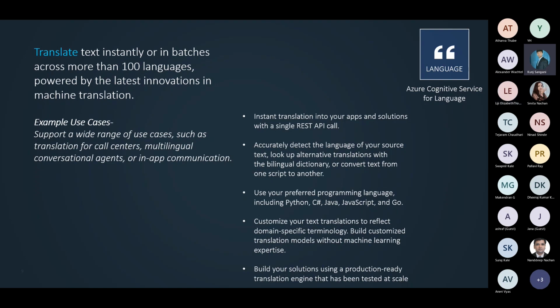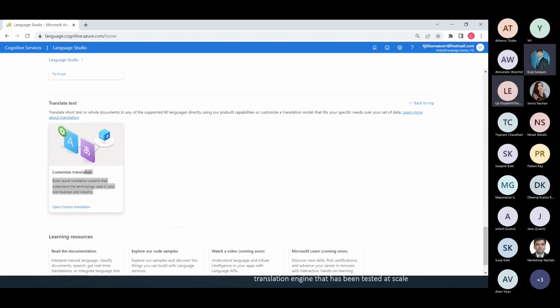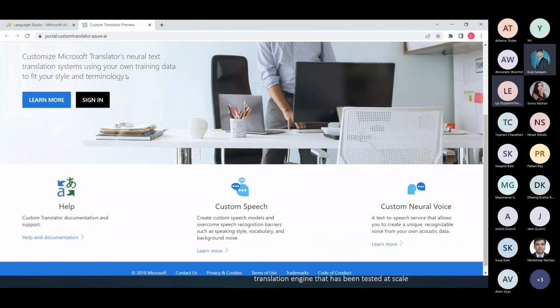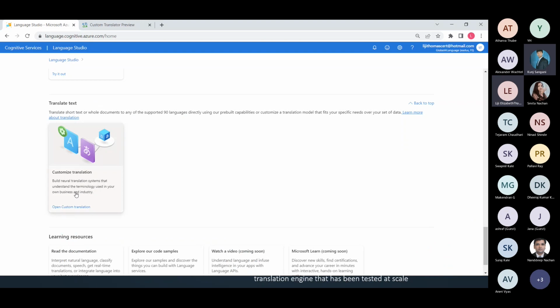If I go back here and scroll all the way down, you have, as you can see, custom translator.azure.ai. You'd have to sign up and you can create your own model, but just know that it is possible to understand domain-specific terminology. This is one of the things that we get asked a lot.